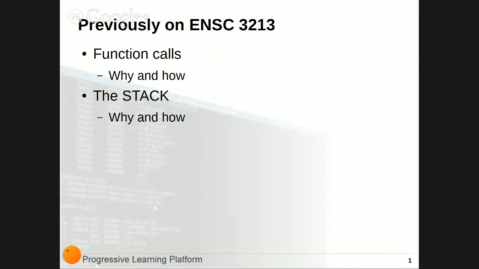Save space for the code. Anything else? So you save program memory, right? Because some code that you use repeatedly, you don't have to inline it on your code every time. You just write it once, just call it.